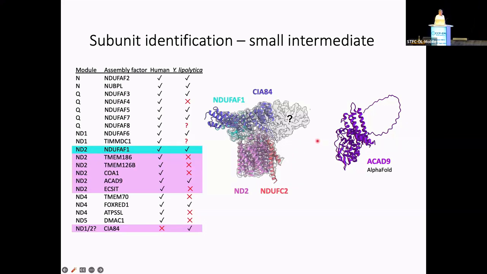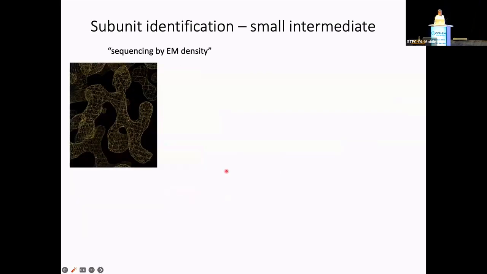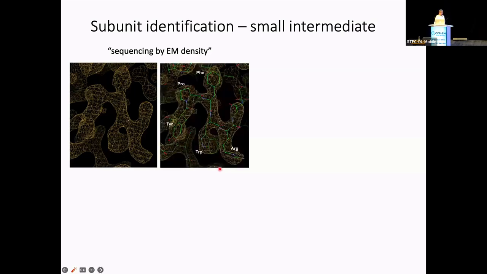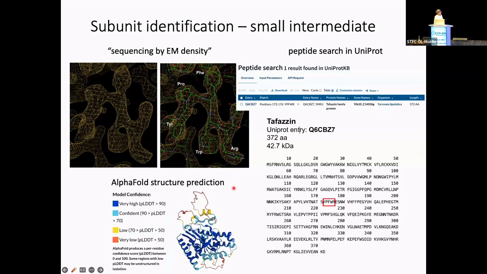It looks possible, but we all tried to fit this and failed, and came to the conclusion that it had to be something else. And we had no clue what it was. But fortunately, the structure of the remaining protein was so good that Eike actually could identify a series of large side chains, shown here, and he did a search in the UniProt database of Yarrowia proteins, and he found one hit. And that hit was a protein called tafazzin,